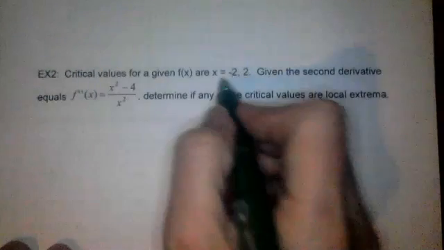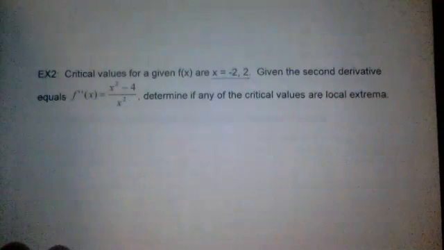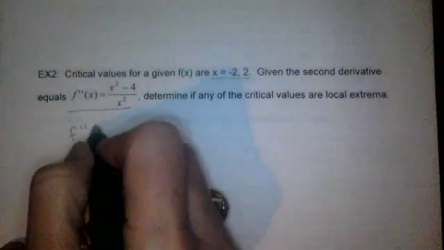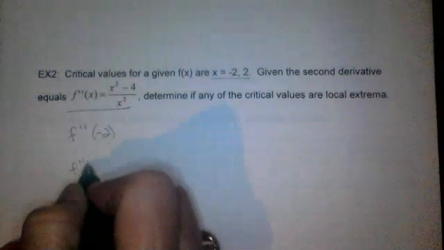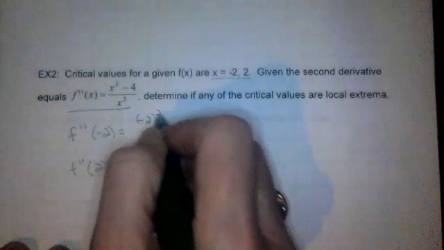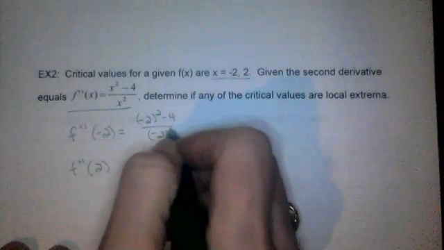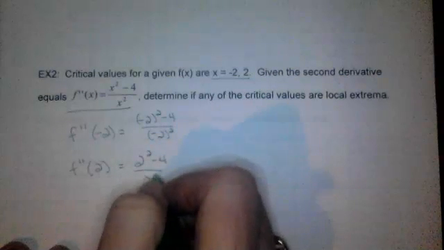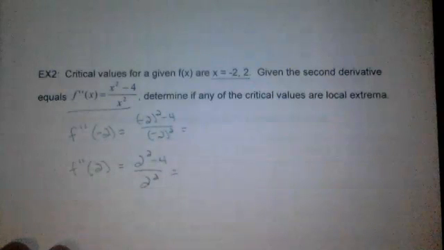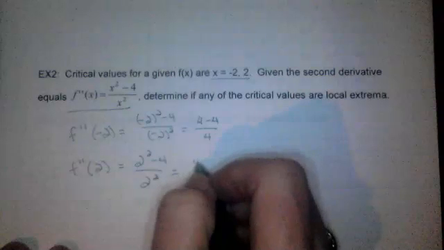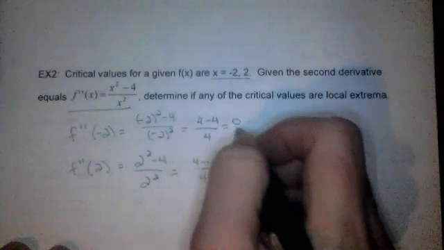This time our critical values from our first derivative are -2 and 2. We are given this equation for our second derivative, so we're going to plug those in to our second derivative. So we're going to have -2 squared minus 4 over -2 squared, and 2 squared minus 4 over 2 squared. And so we just work those out, and both of them are going to give us 4 minus 4 over 4, or 0 over 4,